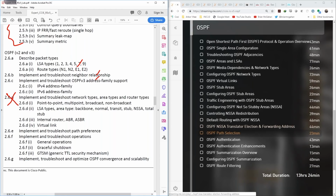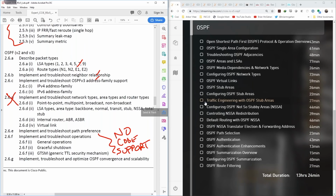Okay, implement and troubleshoot operation, generic operations, graceful shutdown, generic TTL security mechanism. Now, this one here, I believe that there is no code support is what the issue is, at least when I was recording these particular videos. So if you find any line item that's not listed on the videos, just Google Cisco's website for it. It could be a very basic option, that it could be just 1 or 2 commands that you need to